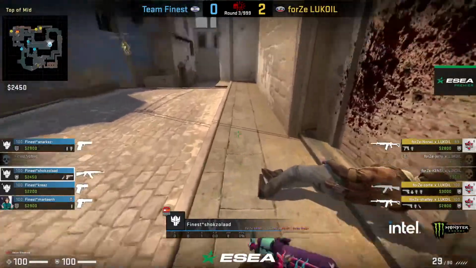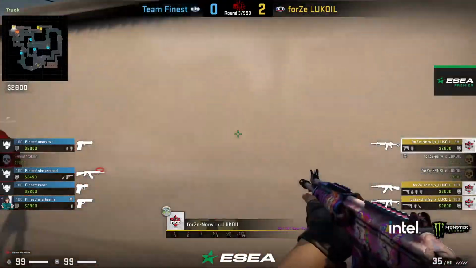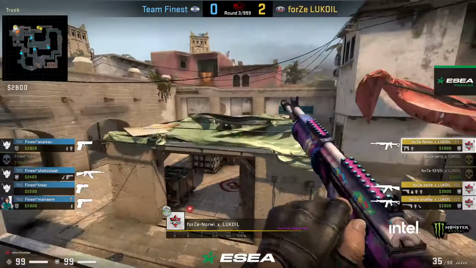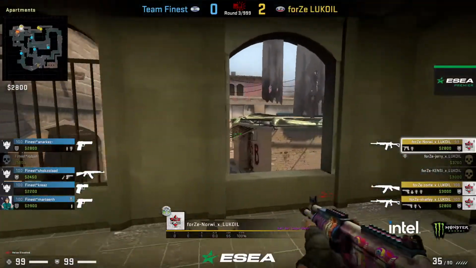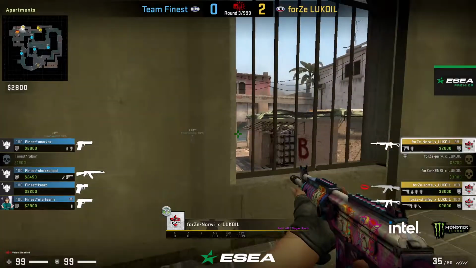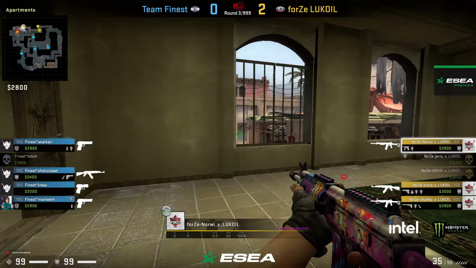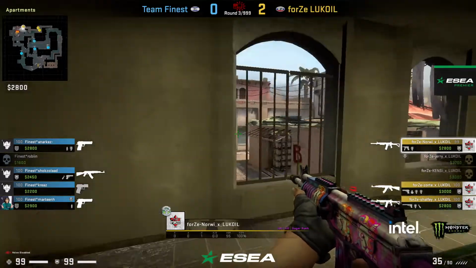Martine does get a deagle headshot at mid. Bomb already planted at the B site, so even though Finest has the one-man advantage, they're too spread out on the map to go for this one. Just going to be saving those weapons. They only had 1 rifle to save anyways, so Finest taking the much safer route here